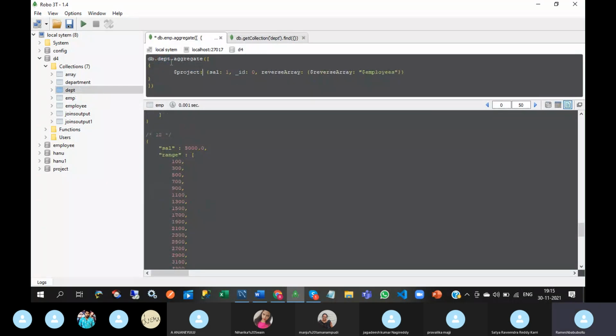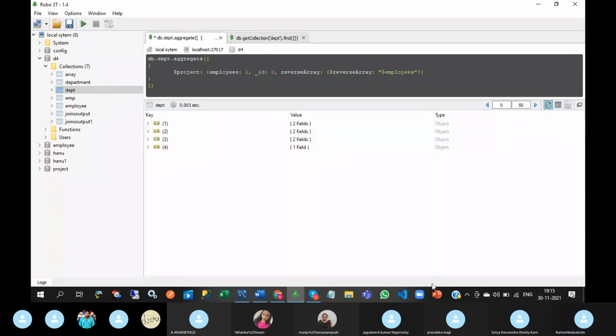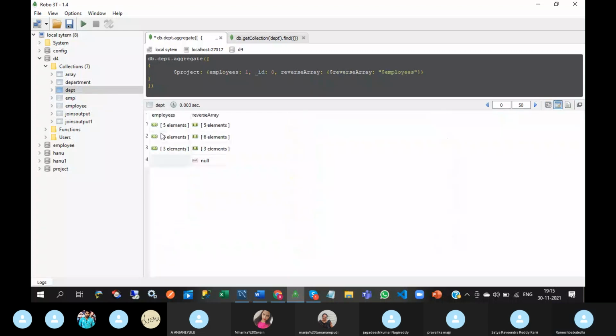And the employees need to display employees. See this reversing array. So we are displaying both employees actual array and reversing array.